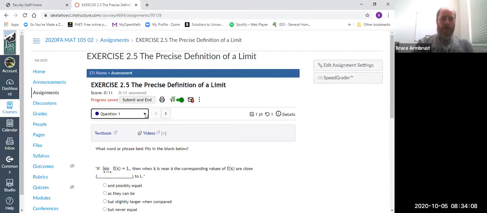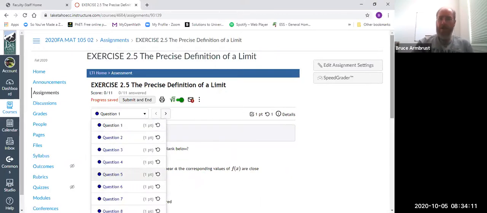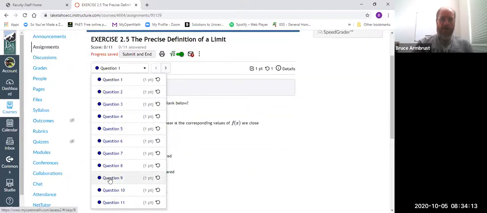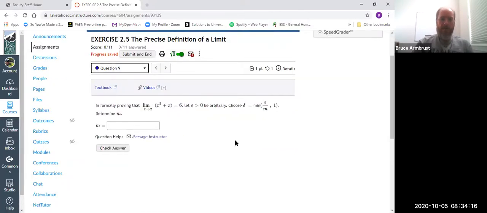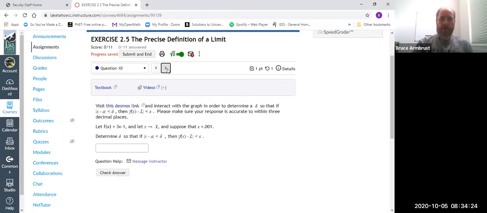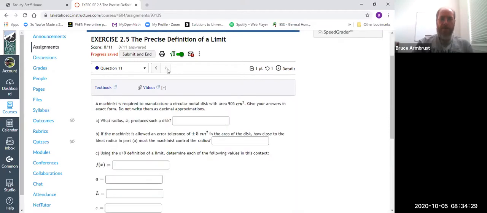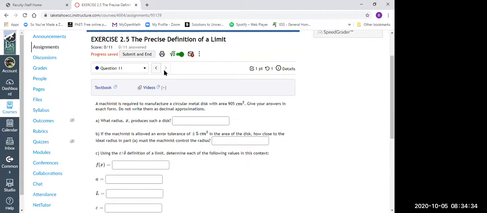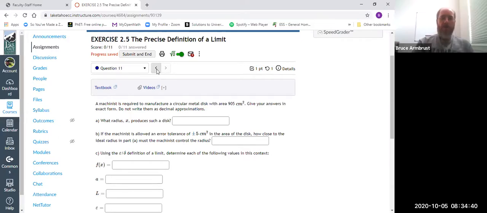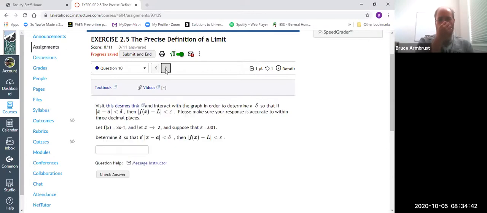All right, so 9 through 11. Let's go take a look at what those guys are real quick. All right, so number 9, we're trying to find a delta. Same thing with number 10. Okay, so the number 11, I don't know, like f(x) and a and L, but other I know. Okay, well let's do this. Let's go back and let's start with number 10, I think. Okay, so